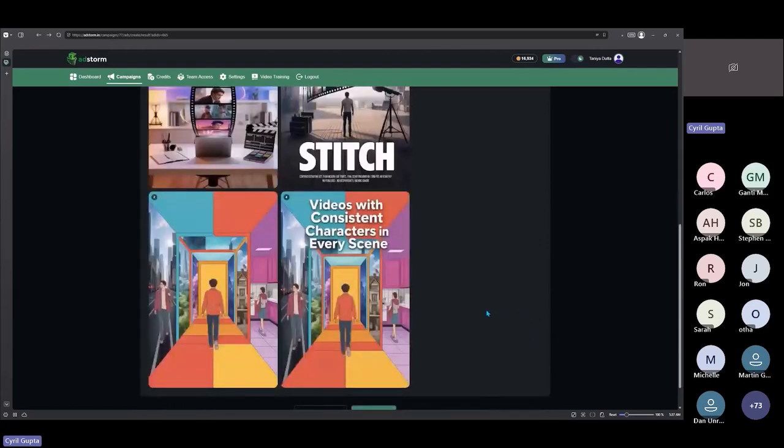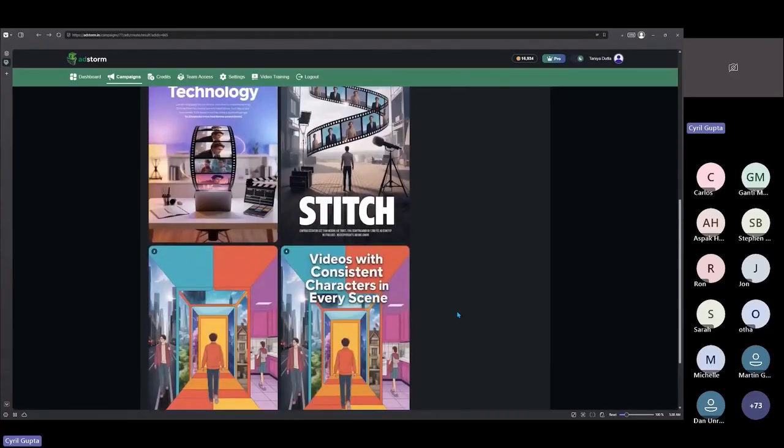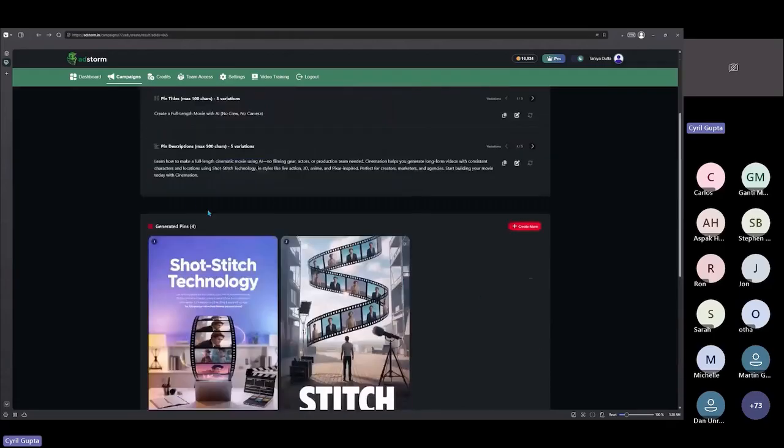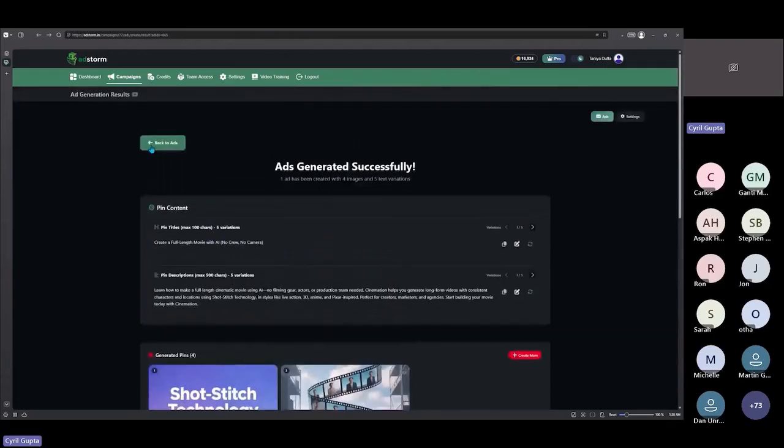Now, I wish I had this 10 years ago, because I know I missed a lot of sales. I know I missed a lot of opportunities because of the resistance in advertising, and all the work that I had to do, and all the time that I had to spend trying to create ads. And now I can just do this literally in minutes. So it's something that's going to change the way I work, and it's something that's going to change the way a lot of you guys work.